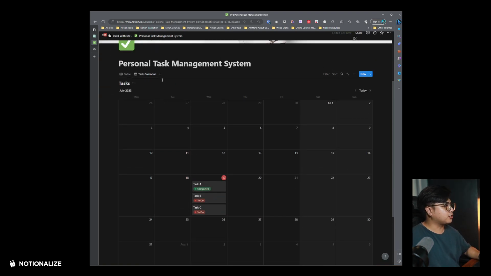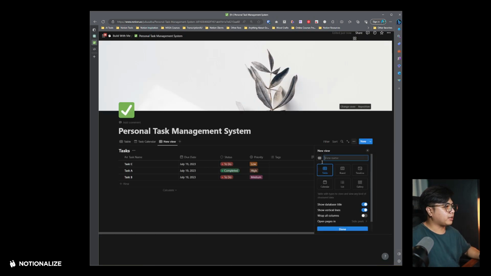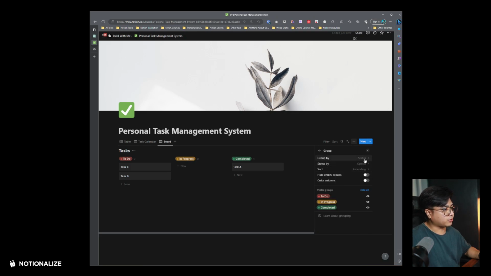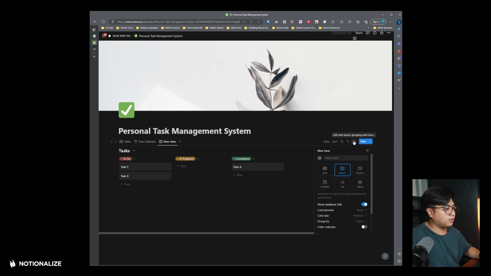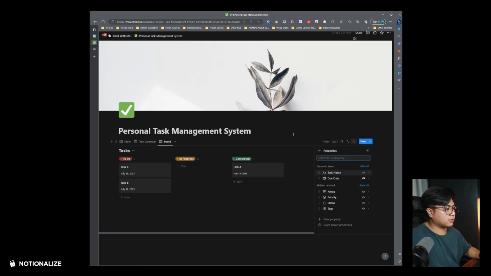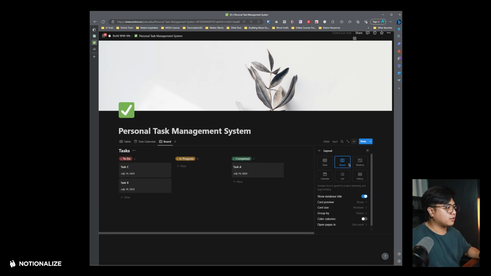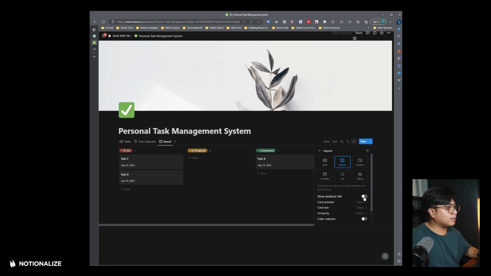Now for the task management, we can also create a board view, which is grouped by status. Of course, we only have that. And we can also show the due dates. So here we can either change the layout into large and then show database title. We can hide that or not. I find it cleaner to hide the database title. And well, that's it for